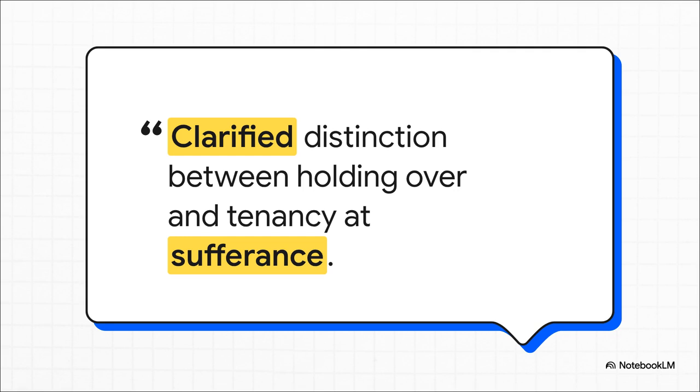Let's break it down comprehensively. In this federal court case, the tenant stayed after the lease ended and just kept sending rent checks. The landlords retained the checks but purposefully delayed cashing them, attempting to figure out their legal standing. The verdict delivered a razor-sharp distinction. A tenant continuing in possession without the active, demonstrable consent of the landlord is merely a tenant at sufferance, a legal status just one step above a trespasser. It is only when the landlord performs an unequivocal act of assent, like officially cashing that check explicitly as rent, that the unlawful sufferance transforms into a lawful holding over. This is the definitive precedent distinguishing the 2 core concepts.